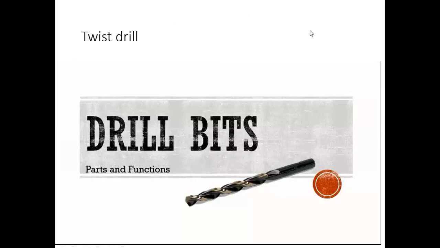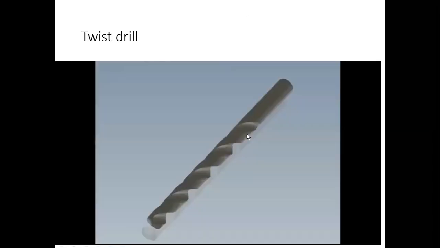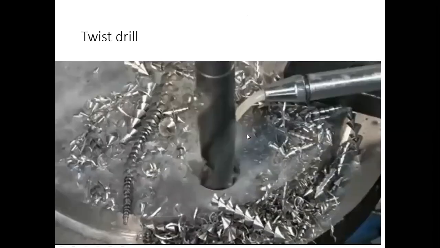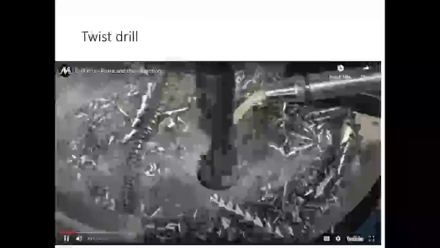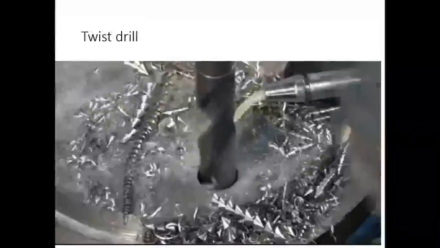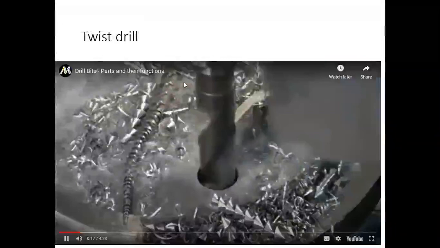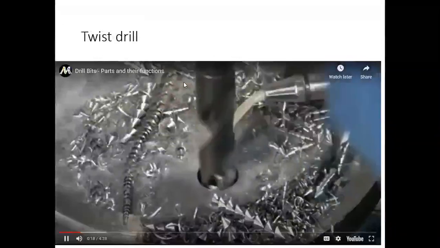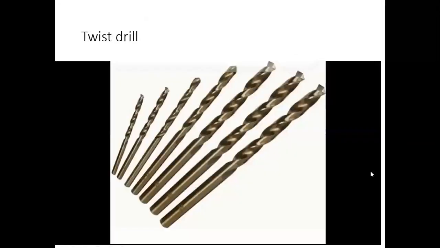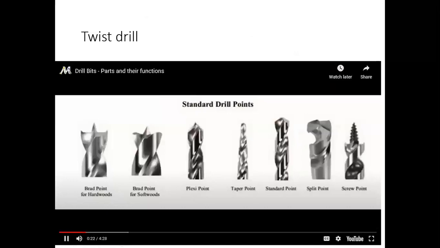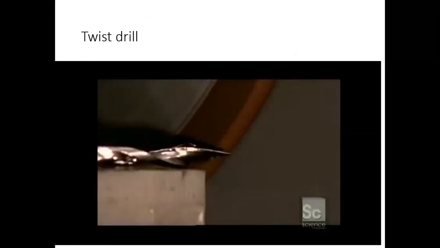In this video, we are going to talk about drill bits, or simply a drill, the cutting tool in a drilling machine. Drilling is a machine operation where a hole is made on a workpiece with the help of the rotating and feed motions of a drill bit. Drill bits come in various sizes, types, and materials, and they have a complex geometry and construction.